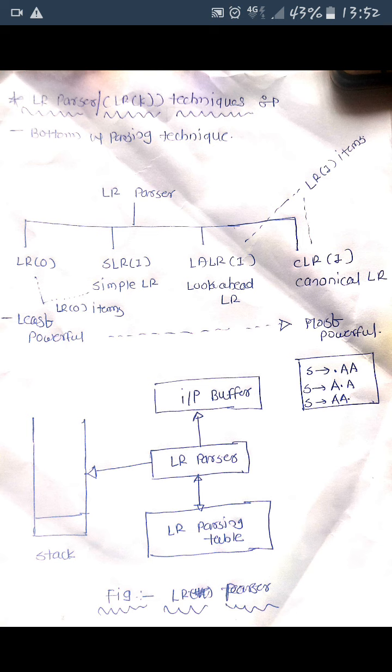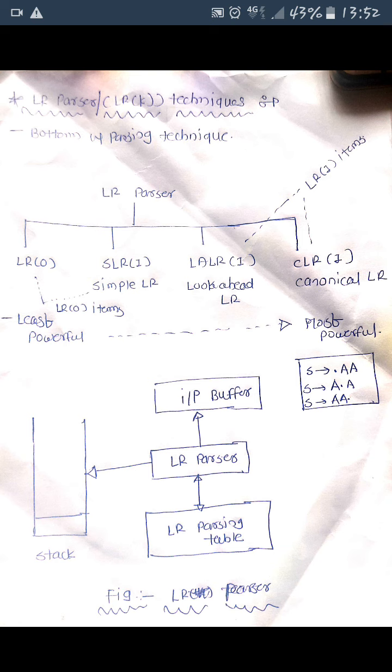And what is K? K is nothing but how much of the input is to be pointed to by the look ahead pointer at a time. Okay, so what is bottom up parsing? Bottom up parsing is a technique which traverses a tree from leaf node to the root node. In other words, it constructs a parse tree from child node to the parent node. Bottom up parsing is also called a shift reduce parser. We already discussed these things.